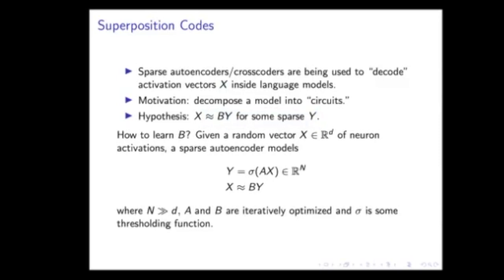Okay. So you know that what I need to learn is this matrix B, and also how I infer y from x, right? The assumption we make in sparse autoencoders is that it should be good enough to choose some matrix A so that y can be inferred from x. So this high dimensional y can be inferred from x by mapping under A and then thresholding or something. And we try to train this autoencoder model.